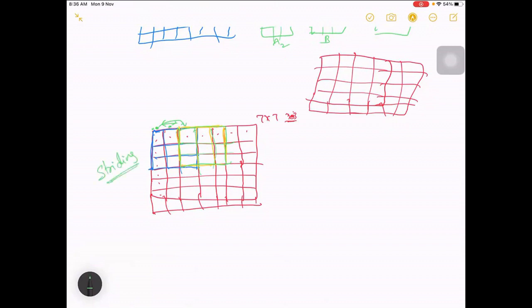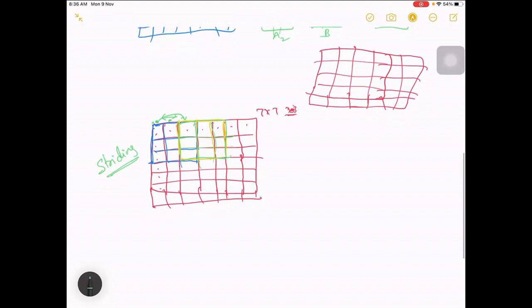So we'll give the striding value, like how much you want to skip, and depending on that it will do the skip. If it is stride 1, it will only jump 1 row. If it is stride 2, it will jump 2 rows, meaning 2 columns or 2 rows, 2 values further. Instead of here, if it is 1, it will come from here. If it is 2, it will come from here. So in this case it is 2.